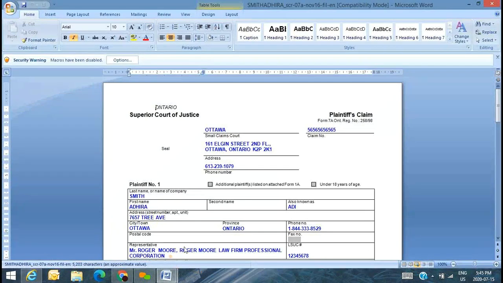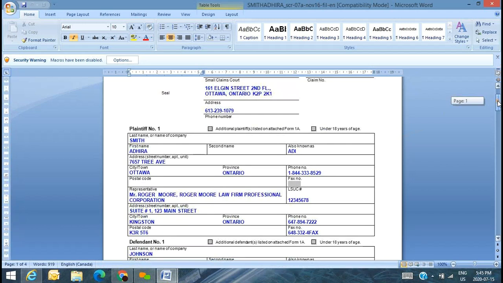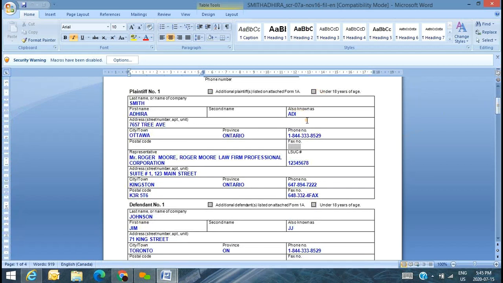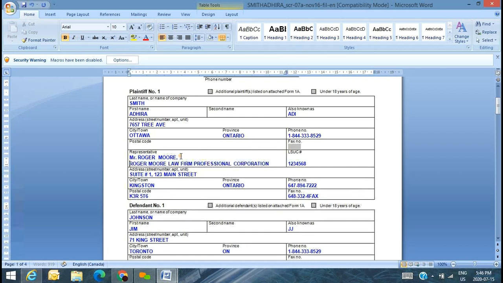And we take the information you've already provided us, and bam, you have all that information pre-populated so that you don't have to manually enter it. It's a time saver, right? So you've got all the information, and you can, of course, always add to this. If, let's say, your LSUC number, it shouldn't change, but let's say you want to append this or make some changes,